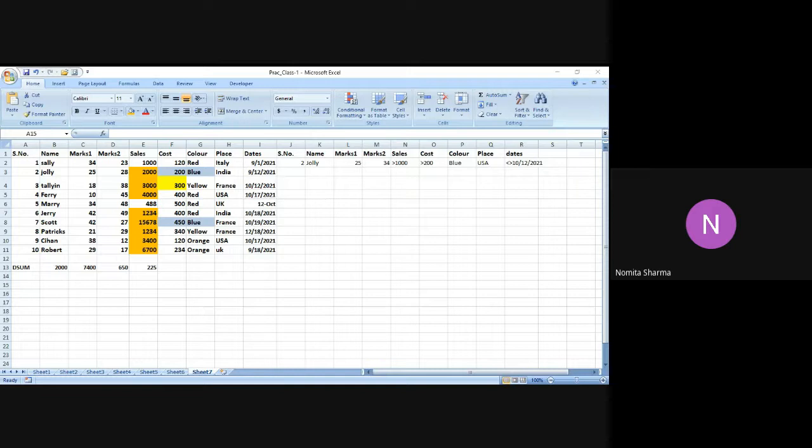In the last class, we discussed the database functions, and in that, we talked about the DSUM function, which sums up the values that meet a certain criteria that we mention over here. Today we are going to talk about another function after DSUM, and that is going to be